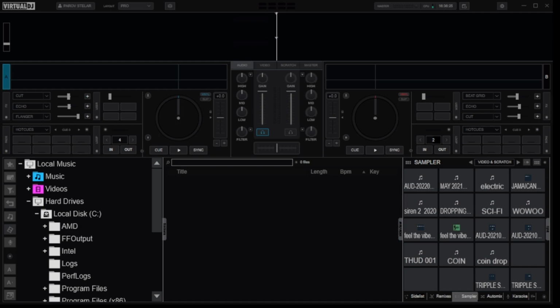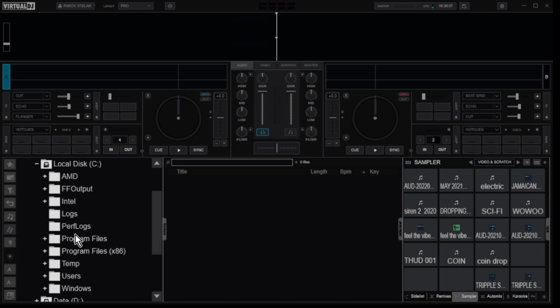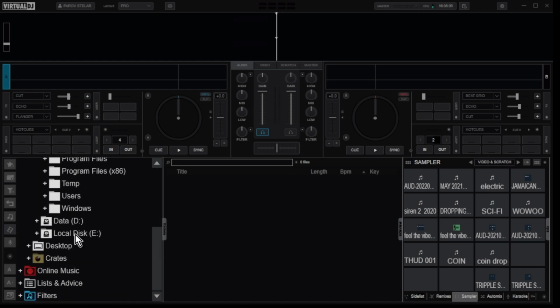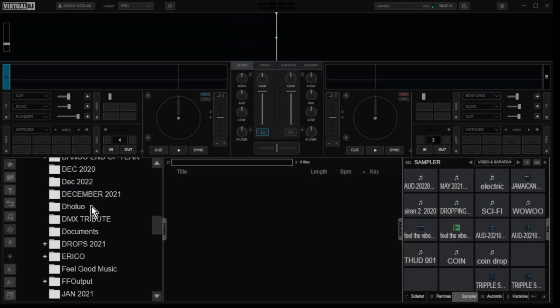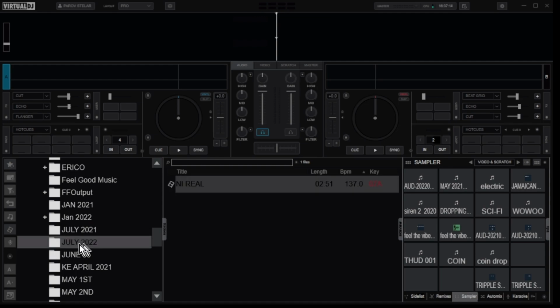So we dive into Virtual DJ and just scroll down over here. Just go to where you stored your music. All right, now look at this song. You can see that we have the key over here, and then we have the BPM and the length. Stilo wants to know how you can get these